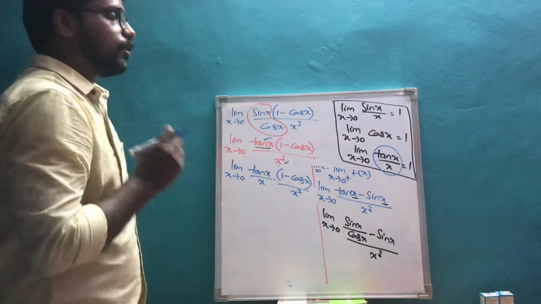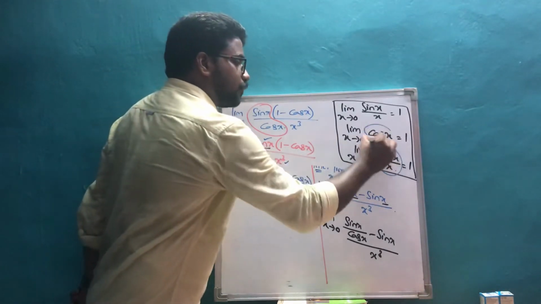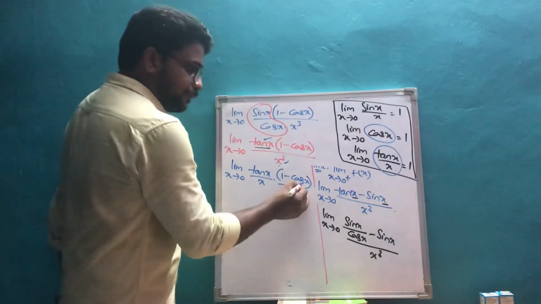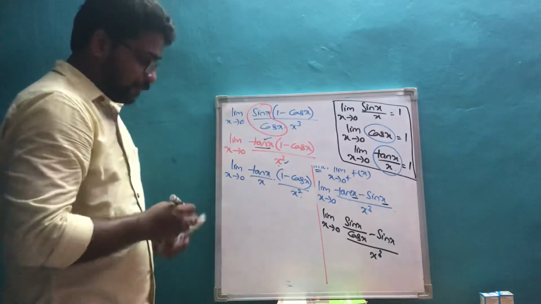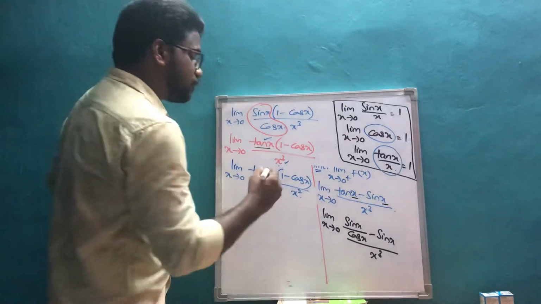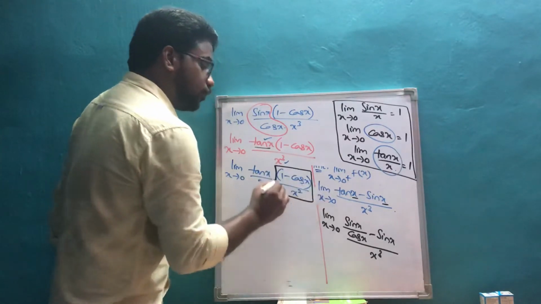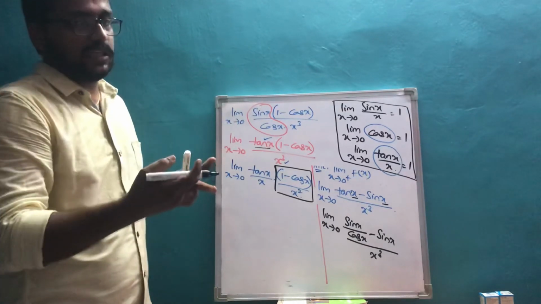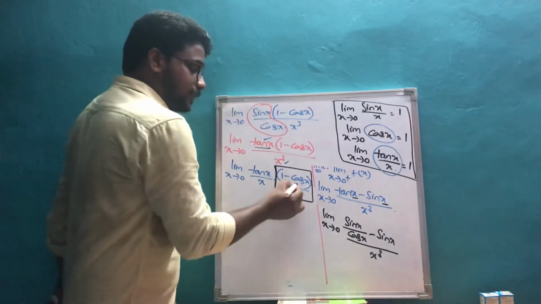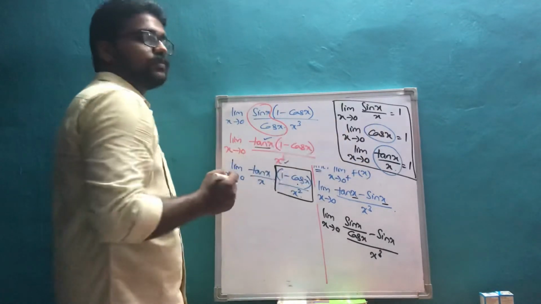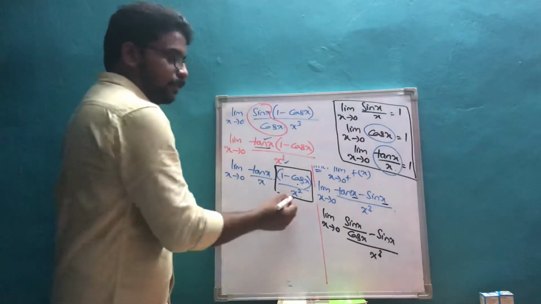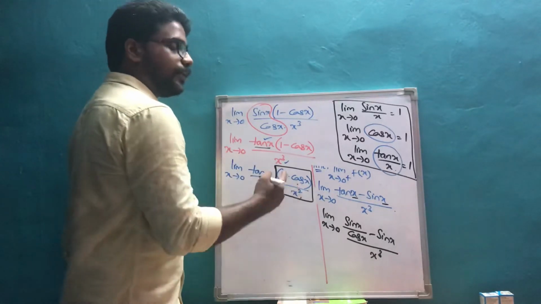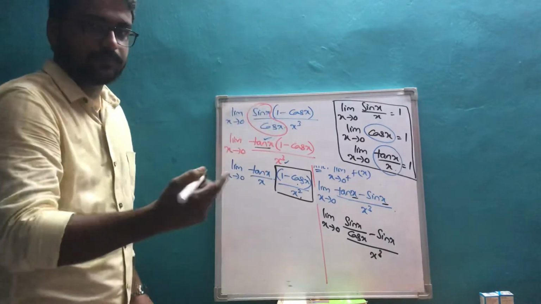If you observe one more small thing here, with respect to the cos function, there is no denominator at all. But see here, you have a denominator. That means this is not actually in the correct form. You have to do some modification. So this is how you have to develop your thinking: in my formula with respect to cos x I don't have a denominator, but here some denominator is there, which means I have to modify this function using some other formulation.